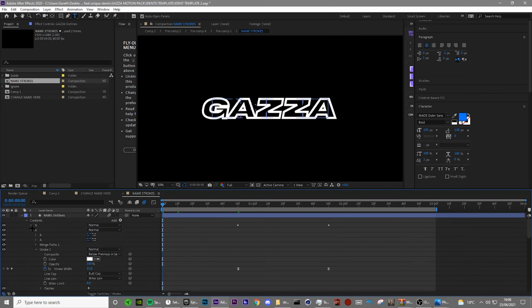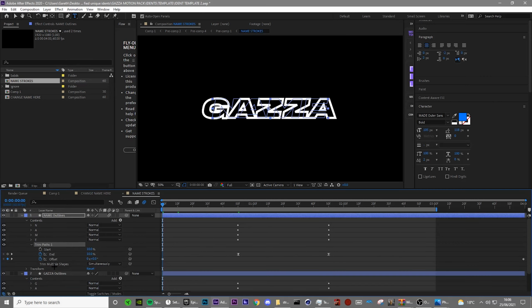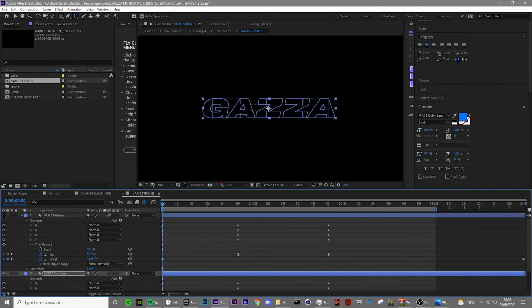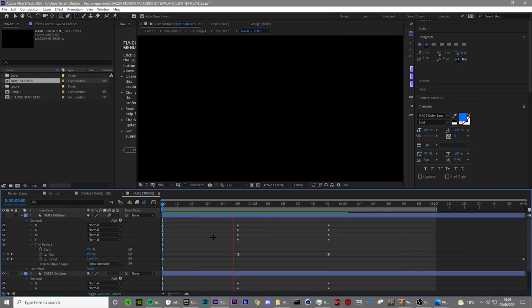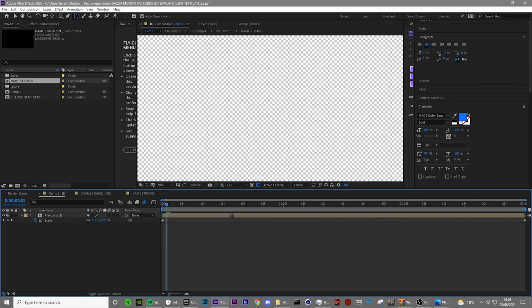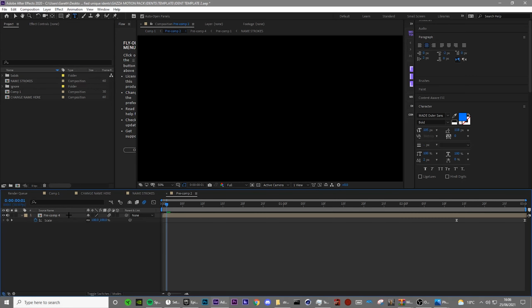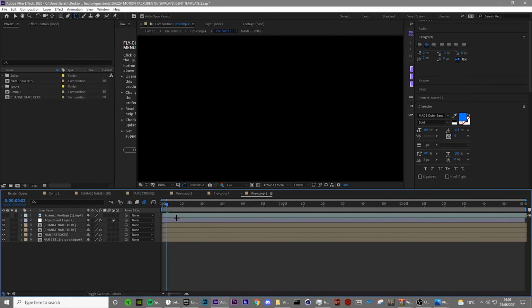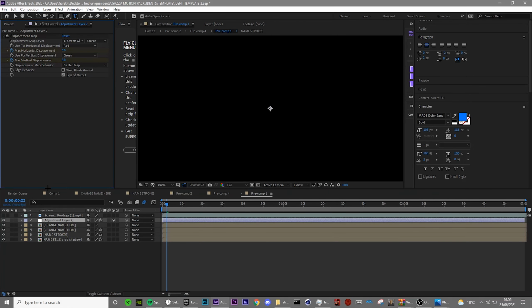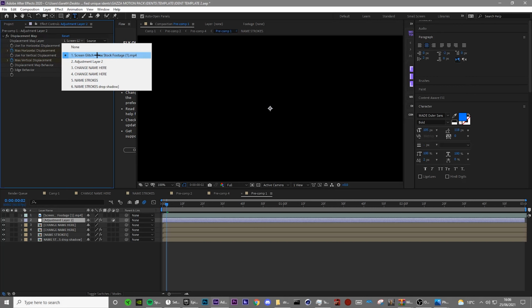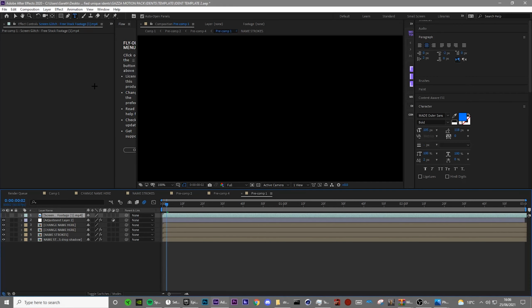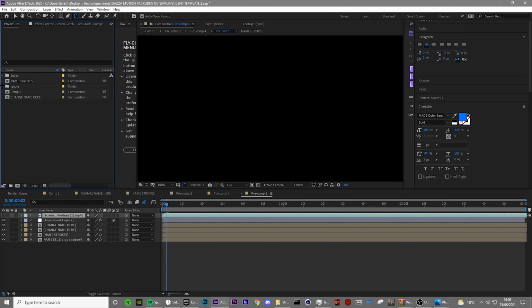So again, collapse all these letters, Control C the trim paths, paste it into the content, turn off this layer at the top, and as you can see, we have the trim paths working now. So turn on motion blur down here, go back to comp 1, then we're just going to go into pre-comp 2, pre-comp 4, pre-comp 1, and then make sure that this adjustment layer is set to the screen glitch stock footage. And if you don't have this here, you should drag it into your project area over here,